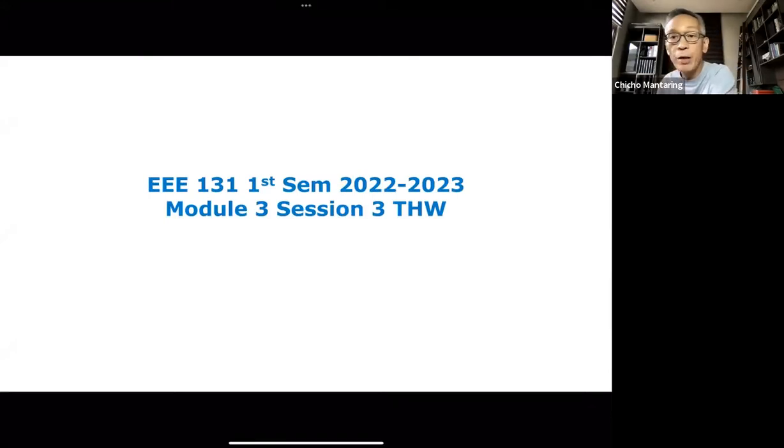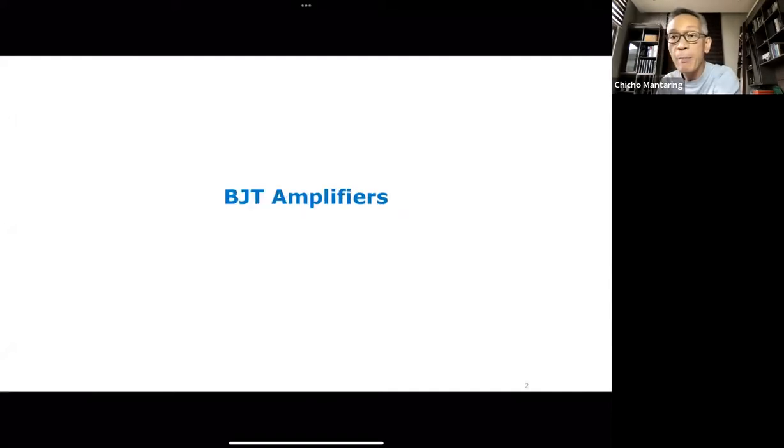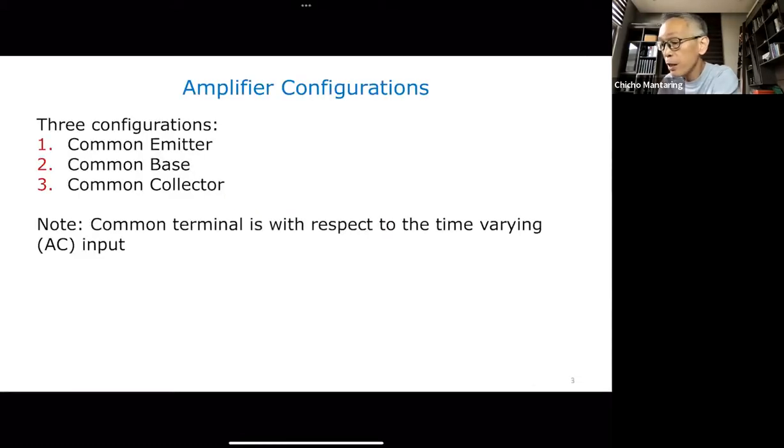Okay, so today what I want to discuss are the different BJT amplifier configurations. There are three BJT amplifier configurations. We call them the common emitter configuration, the common base configuration, and the common collector configuration. The configuration is classified according to what the reference terminal of the BJT is with respect to the time varying